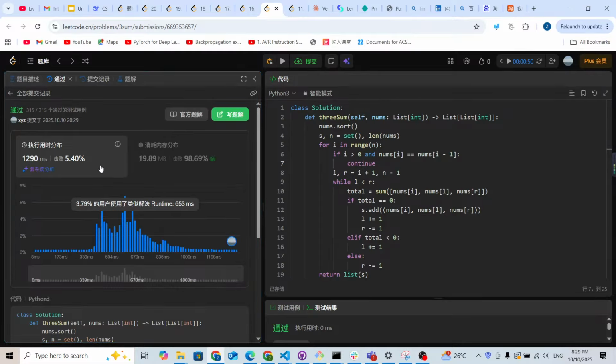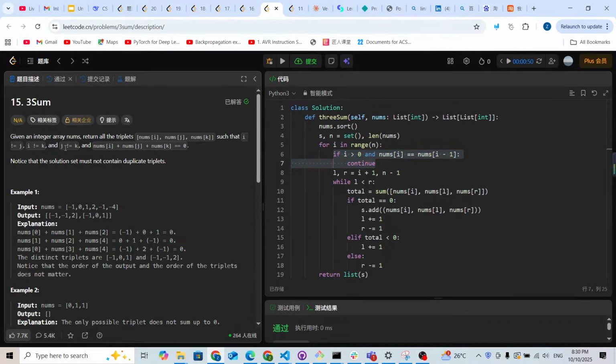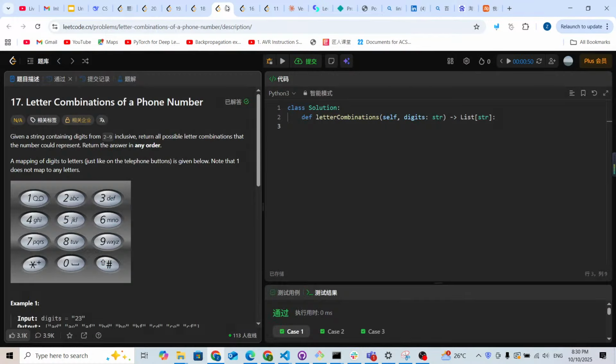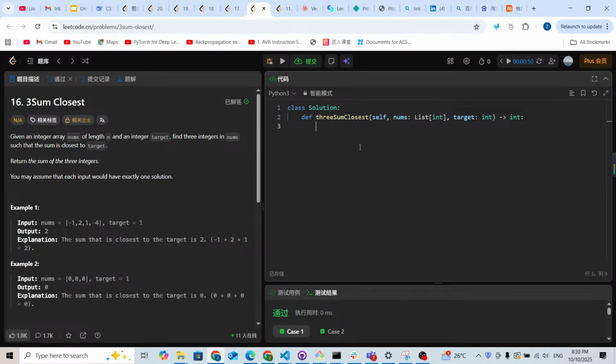Yeah, as you can see, at least it works because we sped up already. And the time complexity is going to be O(n squared). Now we're going to use the same code to solve two other problems because they are quite similar. So we're going to use it to solve LeetCode problem maybe 16,